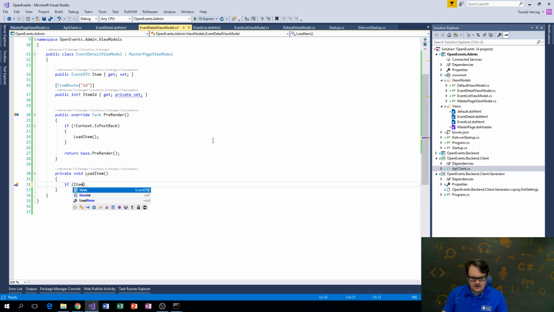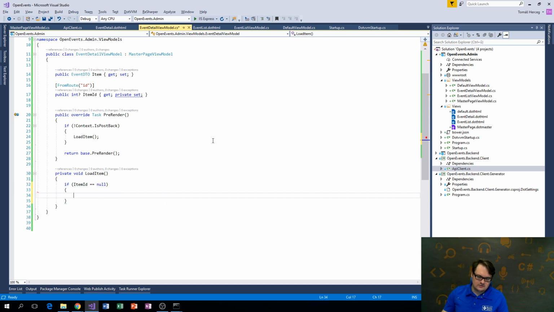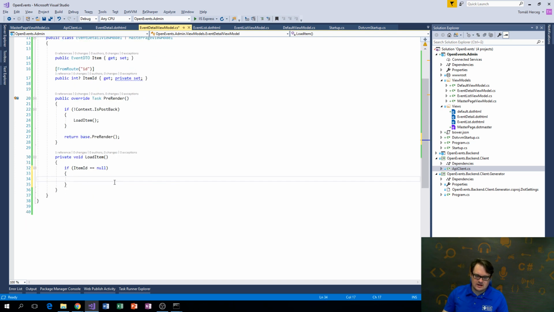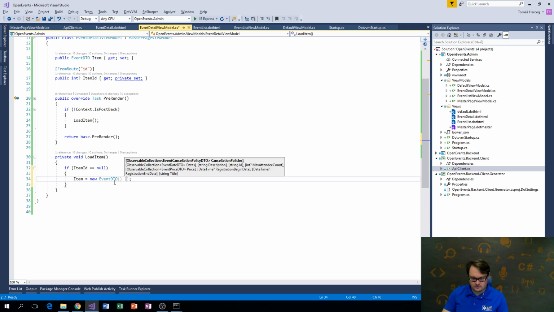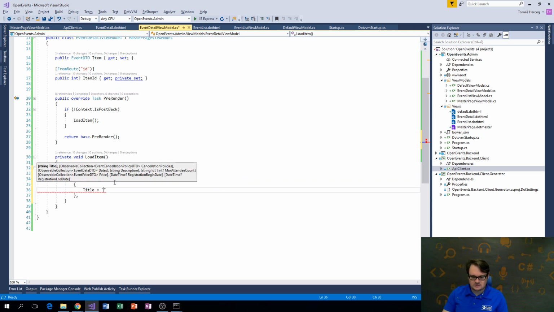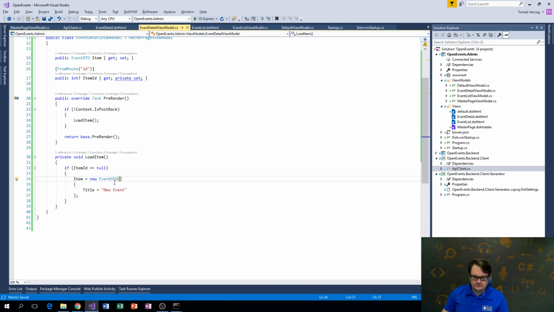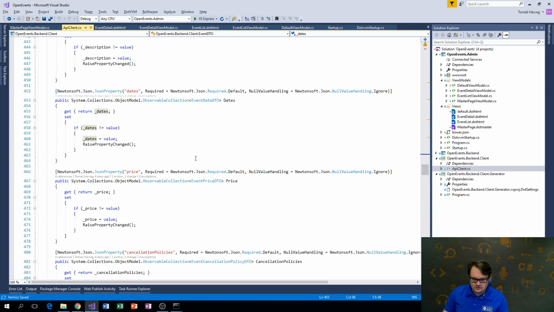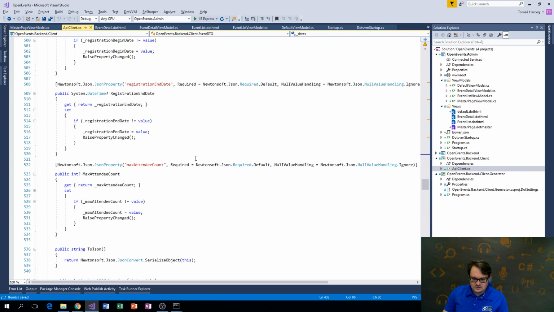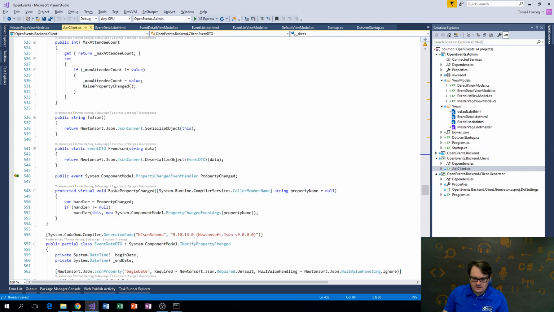So if item ID is null, it's a default value, it means that I'm creating a new event because the parameter is not specified. So let's say item equals new event DTO. Maybe we could specify some defaults, for example, title equals new event. Maybe if I look in the class, I don't know if these collections are initialized by default. So let's see if these collections are initialized. I don't think they are. Okay, no, they are not